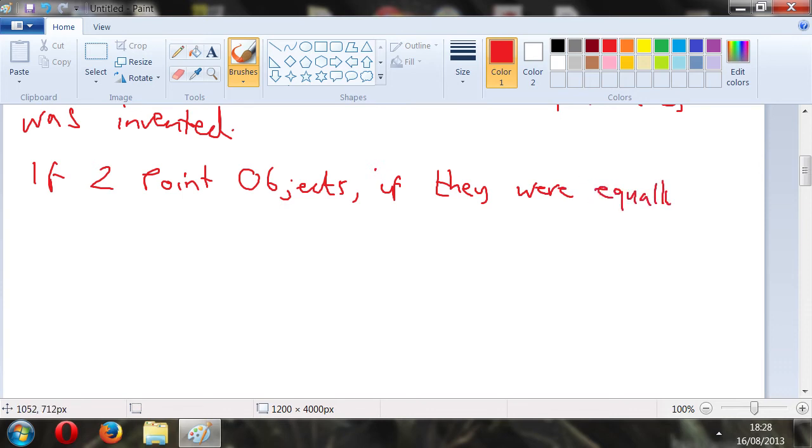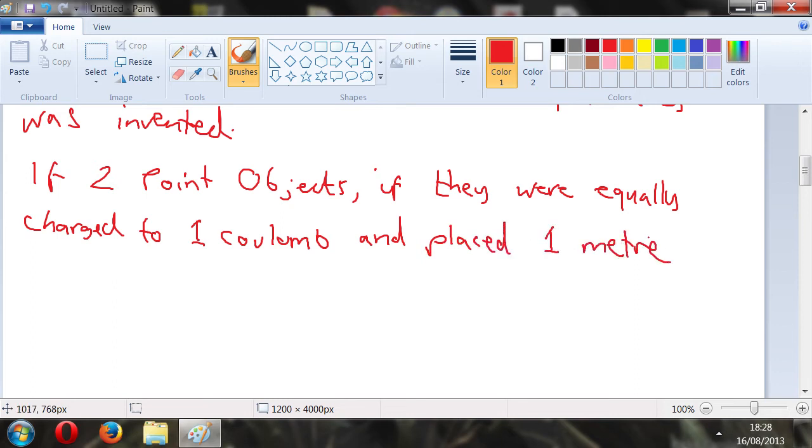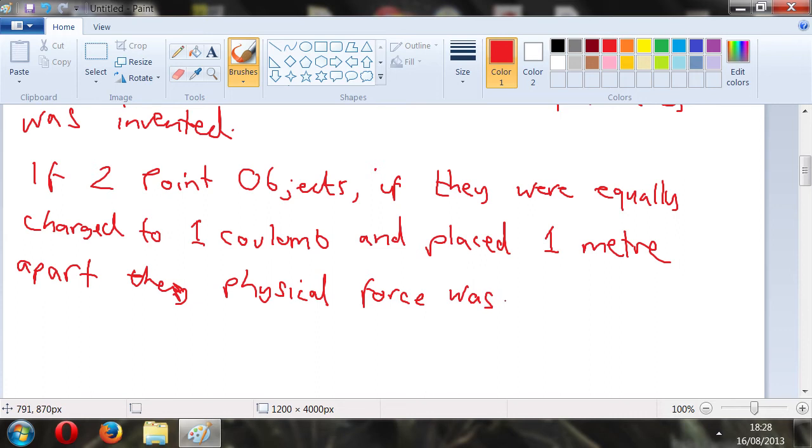If they were equally charged to 1 coulomb, which is a measure of electrical charge, and placed a meter apart, the physical force was basically 9,000 million newtons. So that's 9 times 10 to the 9 newtons,